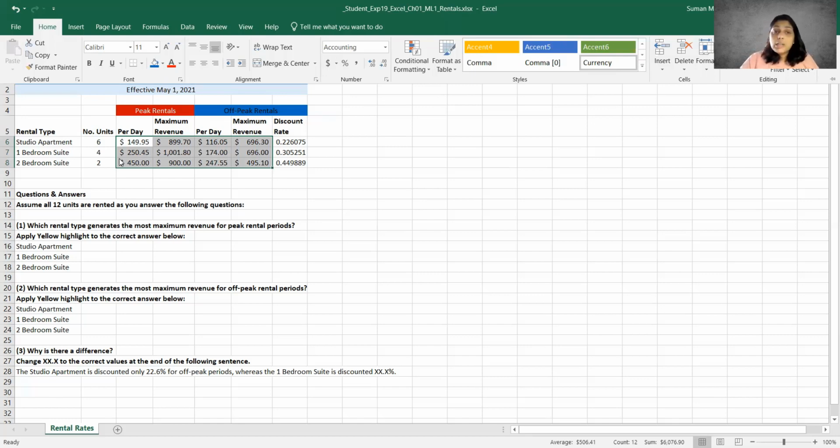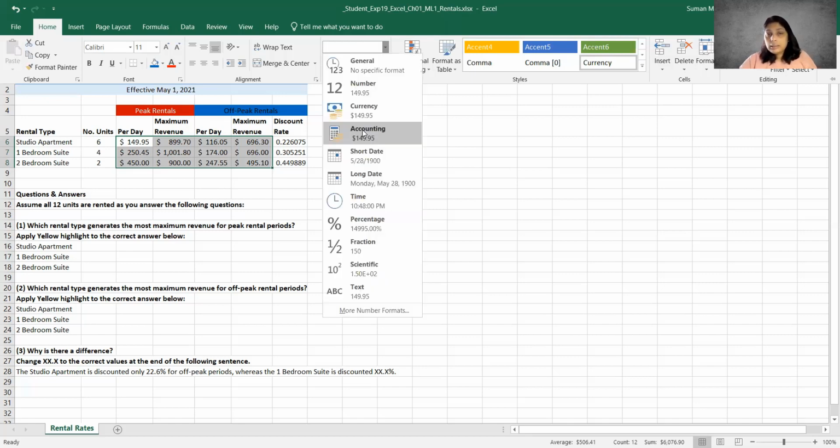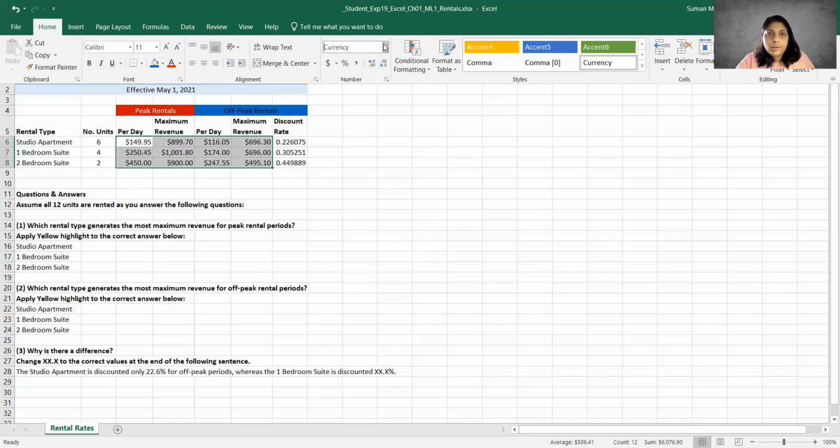Okay, so let's move on to step 11. And the option, by the way, is also up here if you want to click this drop down arrow and select accounting number format. And you'll see the two options. I can actually show you that quickly. If I click on currency, you see the difference. Currency versus accounting. Accounting is just a cleaner format, and in the workplace, I will always suggest you use that format.